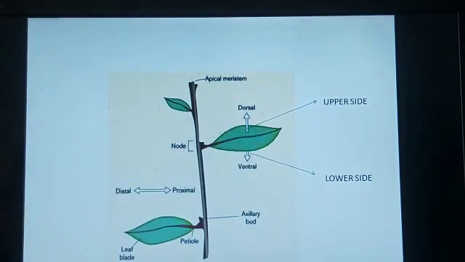Before going to this experiment, I just want you to once again recall the function of cobalt chloride paper. Remember children, when the cobalt chloride paper is not used, or when the paper is present as it is, the paper is blue in color. When the cobalt chloride paper comes in contact with moisture, the blue paper gets converted into pink. So please remember this. Now let us move to the experiment which will prove which side of the leaf has more stomata than the other side.